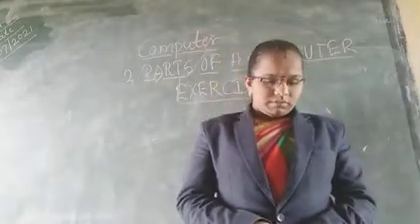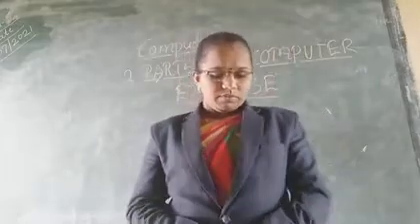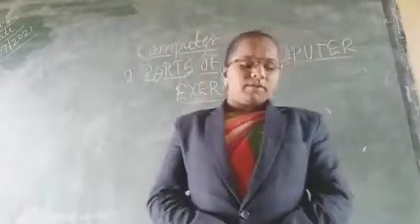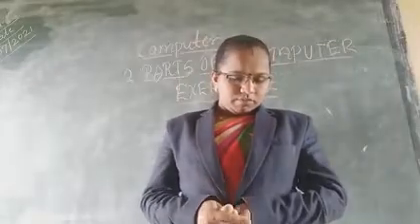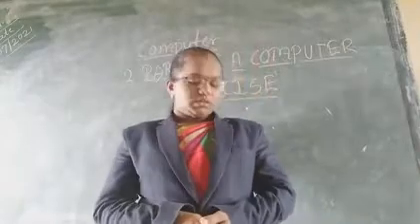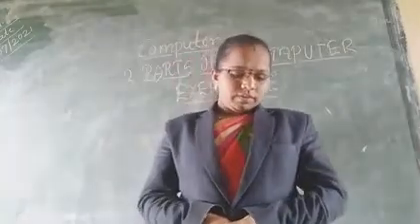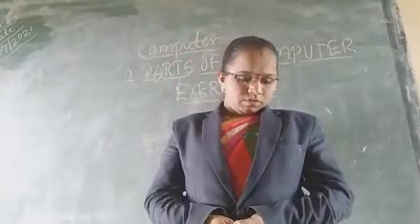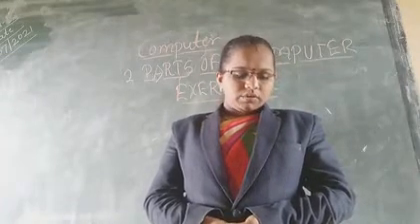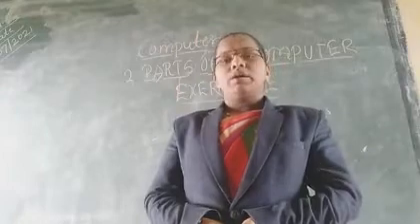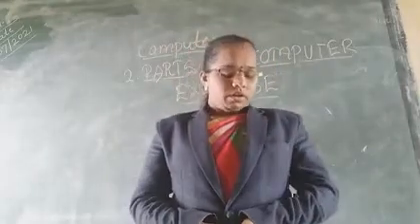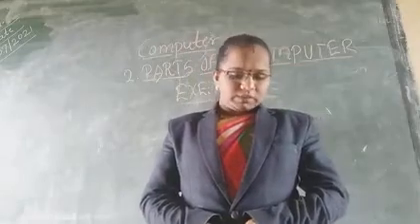Question number 2. Name the following with the help of the words given in the brackets. 2 main functions of computers. Here the options given are monitor, printer, keyboard, mouse, input, processing, output. So here give the 2 functions. So input, processing, output are the functions. So therefore A is the input and B is the processing.